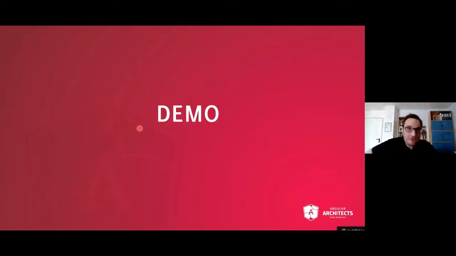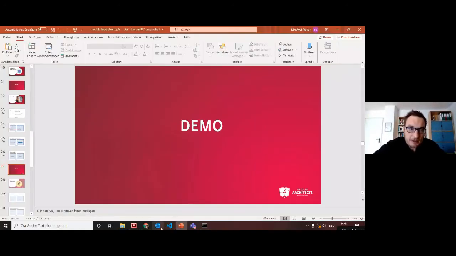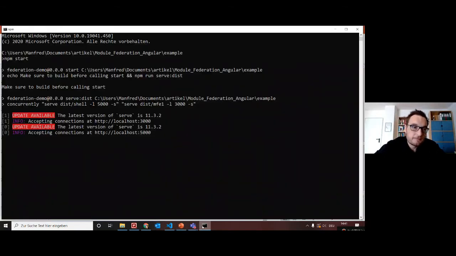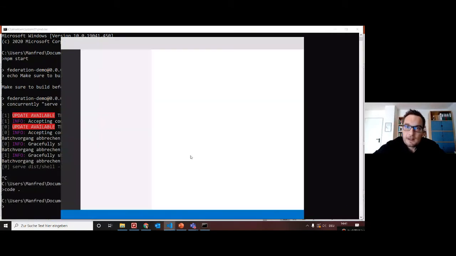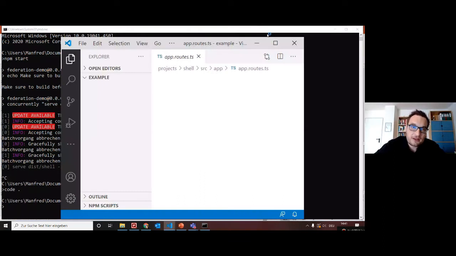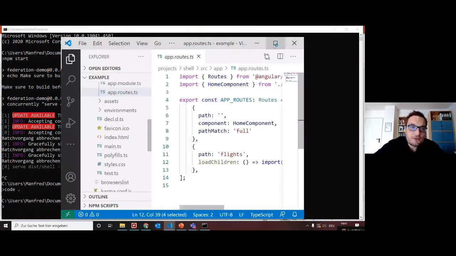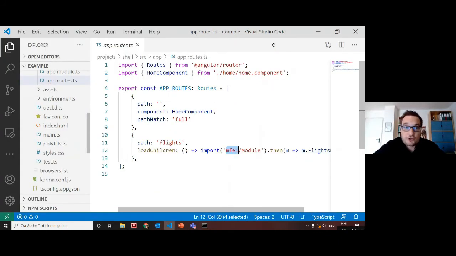Okay, now let's have a look at a demonstration that shows us how this all works at runtime. For this, let me switch back to my example. And if we look into my example, we see this routing configuration. This is the routing configuration of the shell.